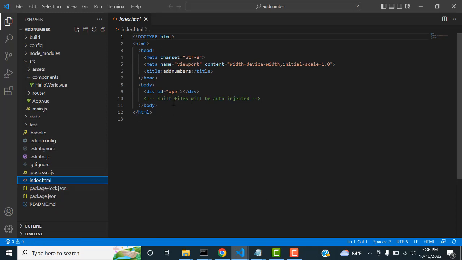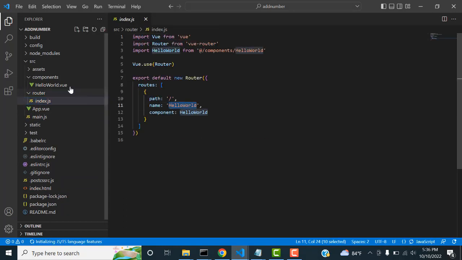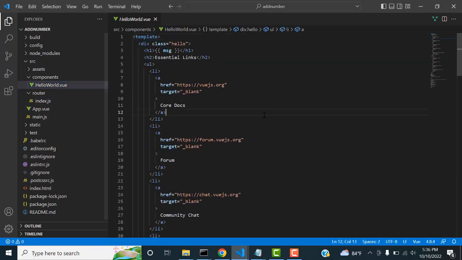is the main page of Vue.js. Vue is a single page application. This is the app, it will be calling the app. It has routes. It's calling the HelloWorld. It gets the component running first, right? Now, instead of the HelloWorld, I'm going to run my component. So how to run it here is, I just